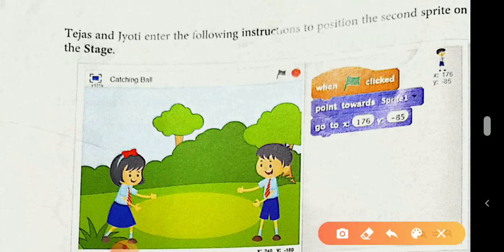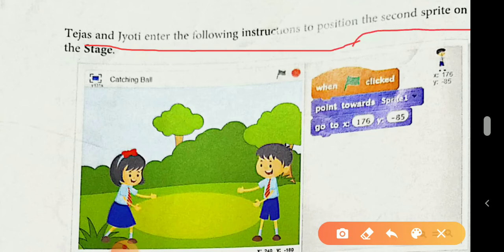Now here you can easily see Tejas and Jyoti enter the following instruction to position the second sprite on the stage. It means Tejas and Jyoti give the instruction for the second sprite on this stage.